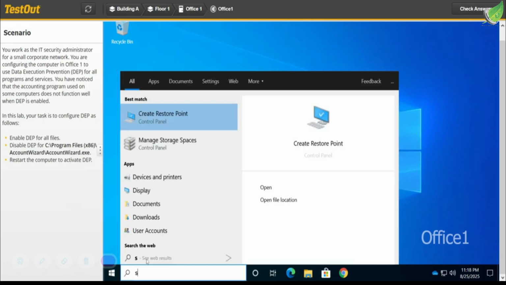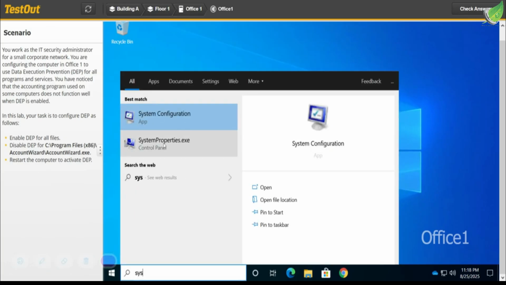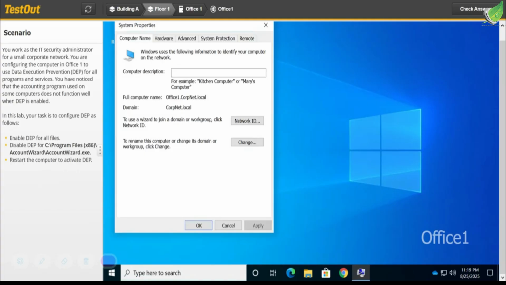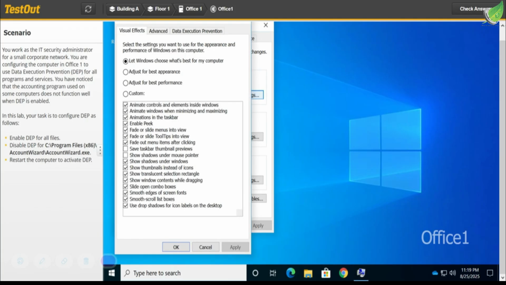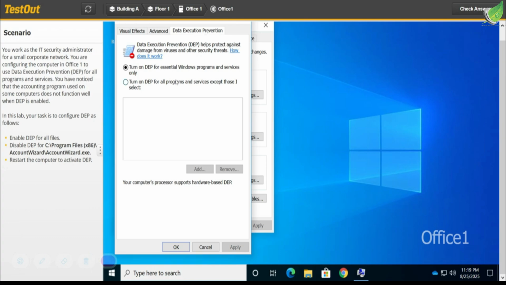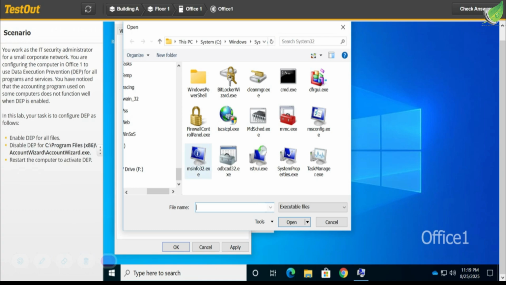So the first thing we want to do is go over here, and from the start menu we're going to open system properties, and then we go to settings, and let's see, go to data execution, and turn on DEP for all programs, and we'll go ahead and add,